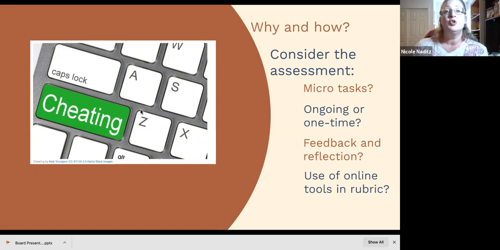If there is a concern about the use of online tools, consider building it into the rubric. And actually, I heard a really great way to do this today in that assessment webinar, where you could have an aspect of the rubric that says, I can use and cite online tools appropriately and as needed. So that it's like, okay, we're going to acknowledge you might have used some online tools, but it says right here in the rubric that you're going to use them appropriately and you're going to cite them and you're only going to use them as needed. It's just something to consider. That may not work for everybody, but